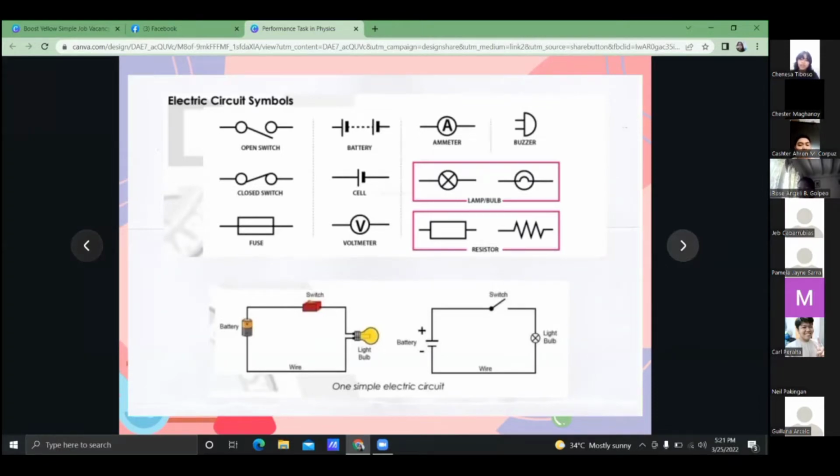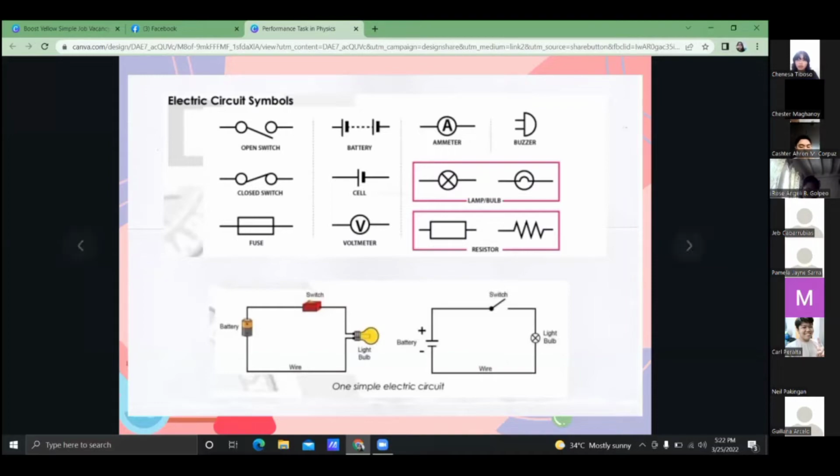Note that in physics, each of these is actually called a cell, but only when you have two or more of these cells connected together is it called a battery. And then the voltmeter, which is a letter V enclosed in a circle. A voltmeter measures the voltage of a direct or alternating electric current on a scale. And then the other one is the ammeter. The same with the voltmeter, the ammeter symbol is a letter A enclosed in a circle. An ammeter is used to measure current.